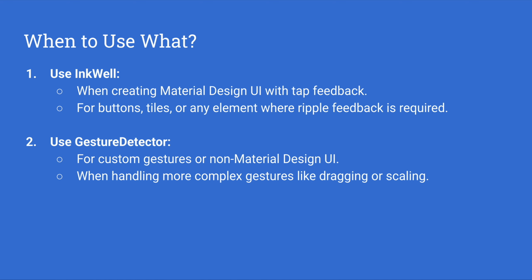Okay, when to use what? Use InkWell when creating a Material Design UI with tap feedback. For example, a button, tile, or any element where ripple feedback is required, then we use InkWell. And use GestureDetector for custom gestures in non-Material Design UI, or when handling more complex gestures like dragging or scaling. Okay,